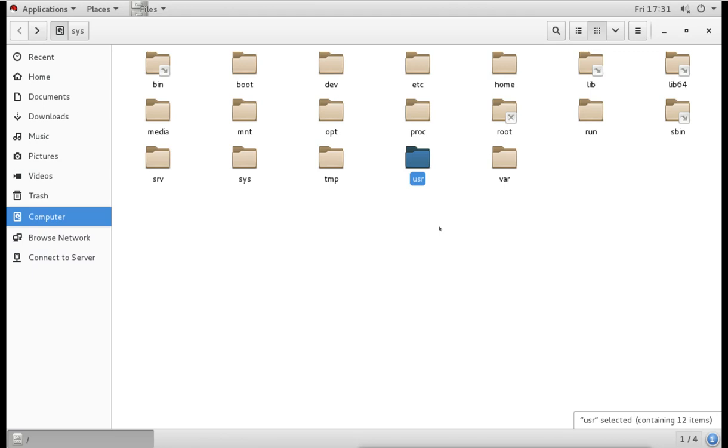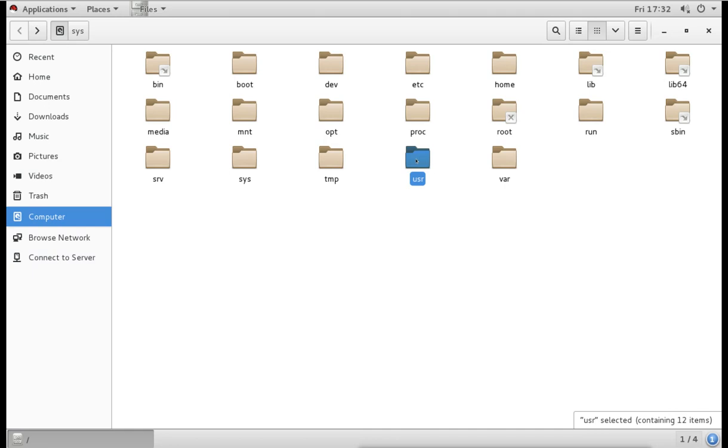So here it will go into this users directory. Now here in Linux, when we install any program or application, it will give us configuration files to configure the application. It will give the command files to run the commands to manage the application, and it will give some other resources. So all those things, the commands, the services, the configuration files, everything will be stored under this usr directory.